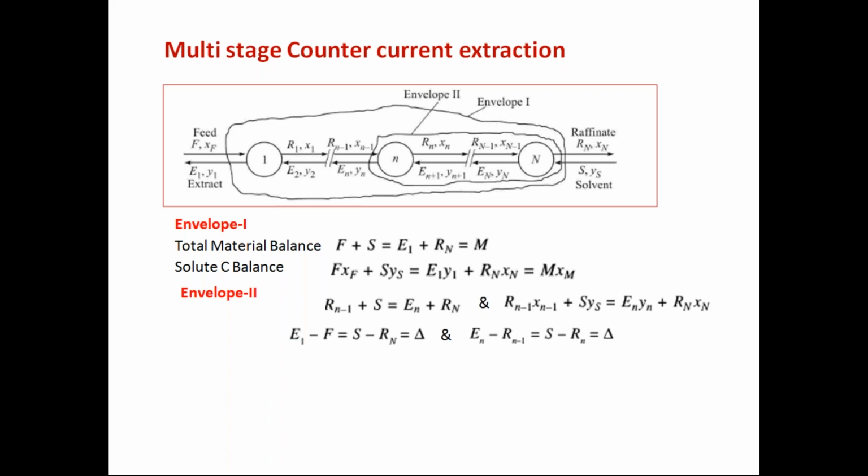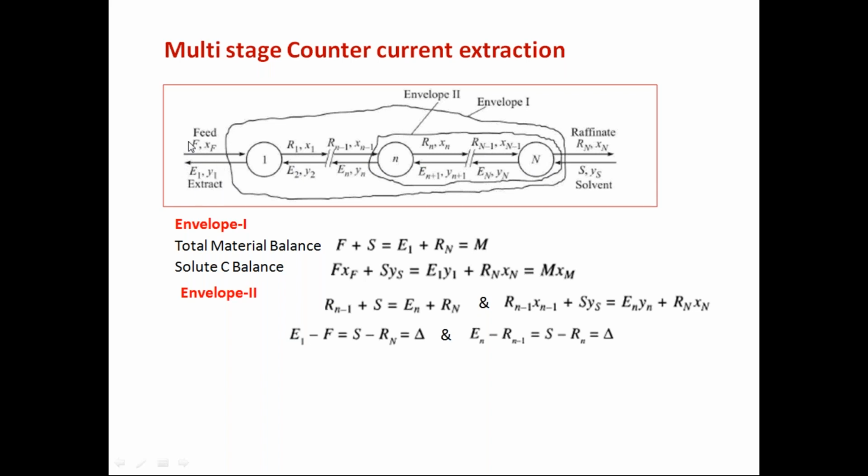Similarly, next, let us go to the multi-stage counter current extraction. So in the cross current extraction, you have used the solvent by dividing into the 3 or number of stages, that many parts. But here what will happen? The feed is moving from stage to stage and comes out as a raffinate. From the raffinate end, the solvent will enter and it goes stage to stage in the opposite direction and comes out as an extract.